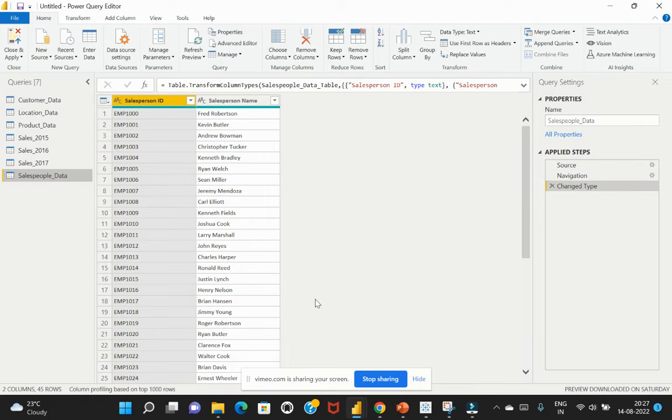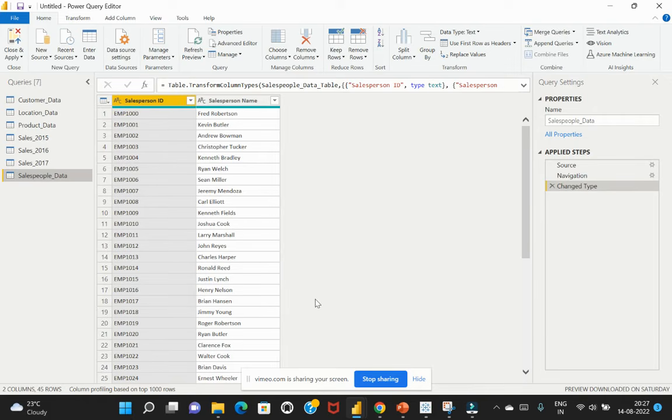So those sort of transformations can be incorporated by making use of this particular Power Query editor tool within Power BI Desktop. Okay, now as we go along with this simple transformations topic, I will show you the basic transformations that we can perform within this Power Query editor. All the transformations I make here are just to help you understand how powerful this editor is and how you can utilize it